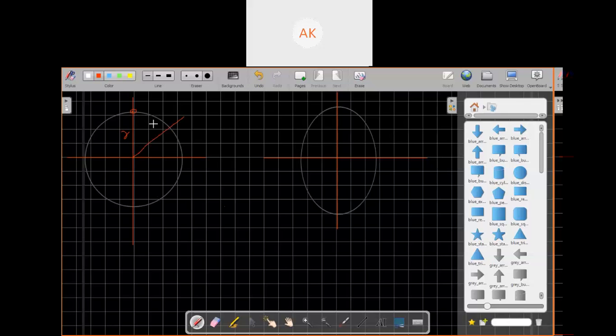In the midpoint circle algorithm, we first find the points of the circle in quadrant one, and as you know, a circle follows the symmetric property. After finding the points of the circle in quadrant one, we can easily calculate the quadrant 2 points using the symmetric property of the circle: minus x, y. In quadrant 3, it will be minus x, minus y. In quadrant 4, the point will be x, minus y.